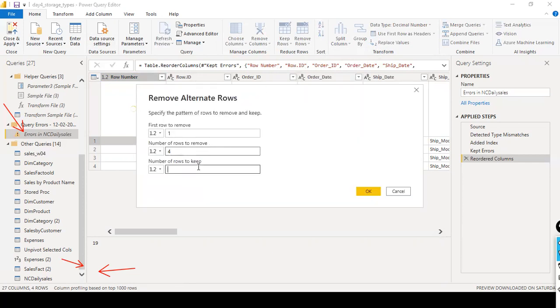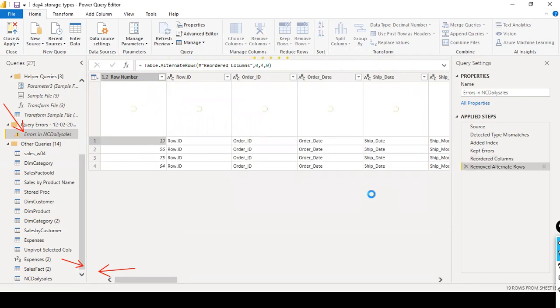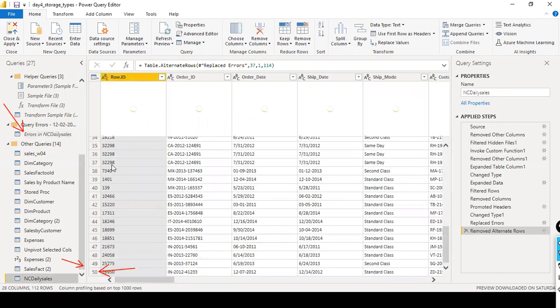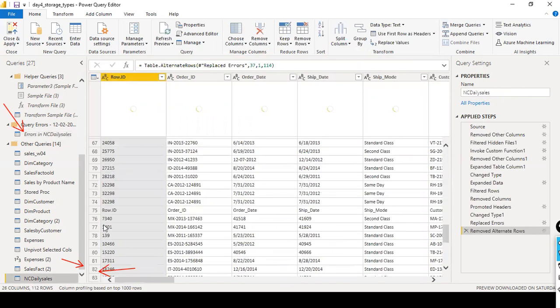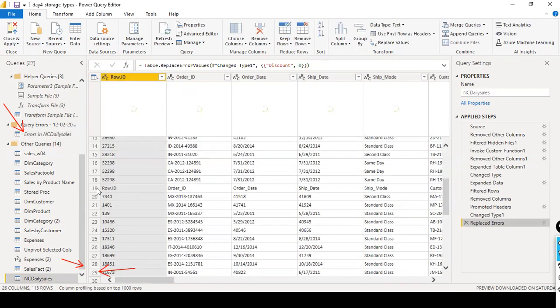Number of rows to remove 4 and number of rows to keep nothing. Here I just say 0. 75, 94. If I remove it here, it should remove it from there also. And 75, 94. No, still it is there. It is of no use. Okay, what I will do is I just undo this one, because for our reference purpose it is required. And here, yes, the only way out is you need to go here and remove alternate